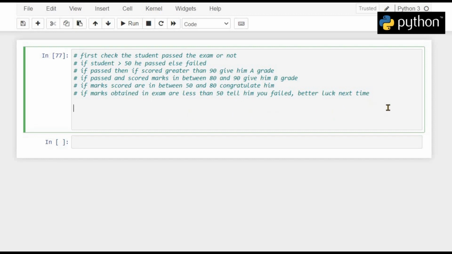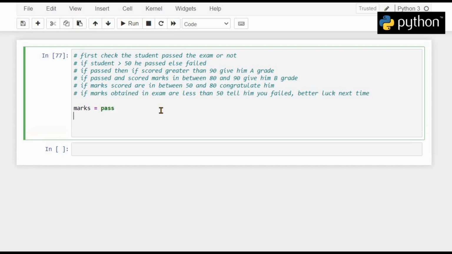So for example, if we want to convert this case into some kind of relevant program, then how can we go about it? We will first define our variable marks and give it a value.